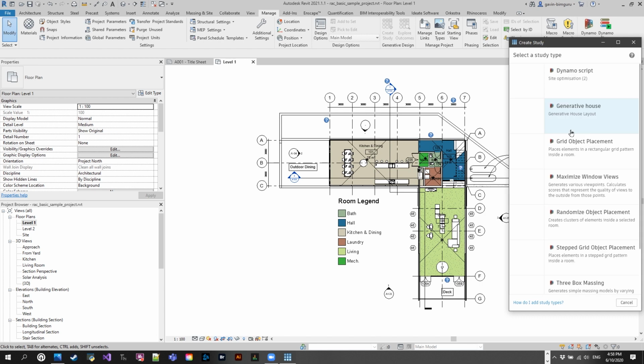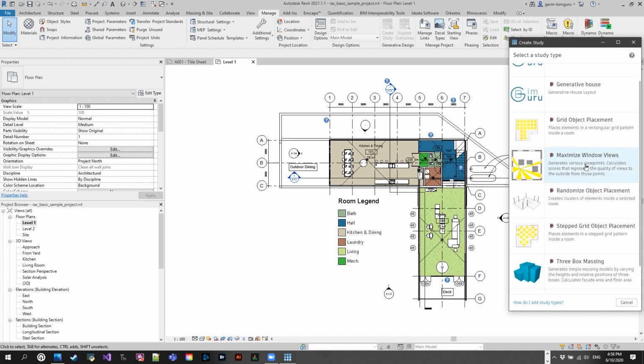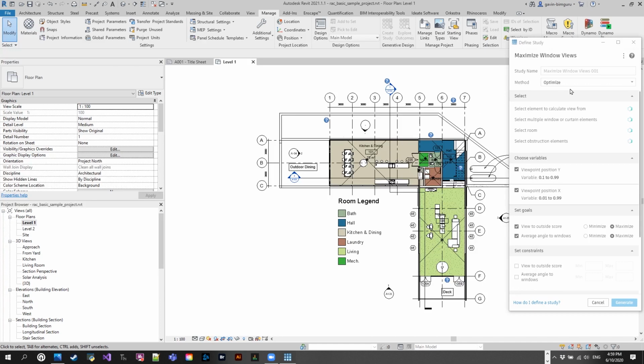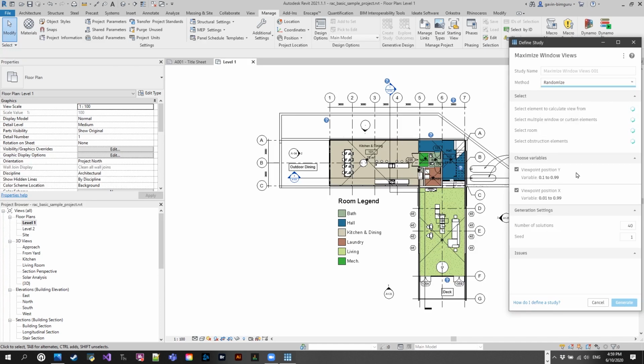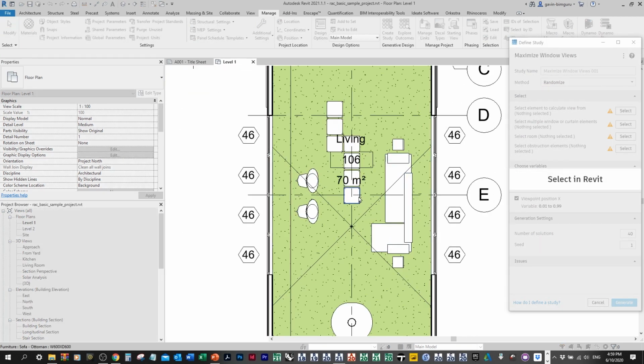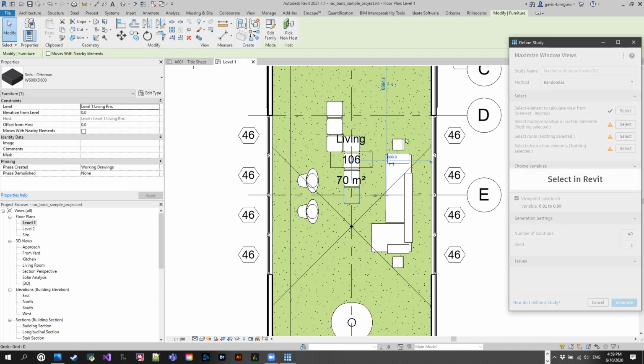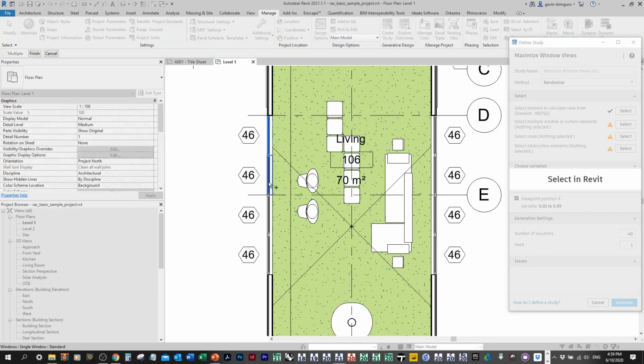And if I use the maximize, I could use the workspace layout one, but I'll try this one. So if I remember right, this one enables you to select a few things. So we can calculate the view from an element. So in this case, I'll just say I'm sitting on this little chair. We can select multiple windows as well. So I believe in this case, I should be able to pick a few